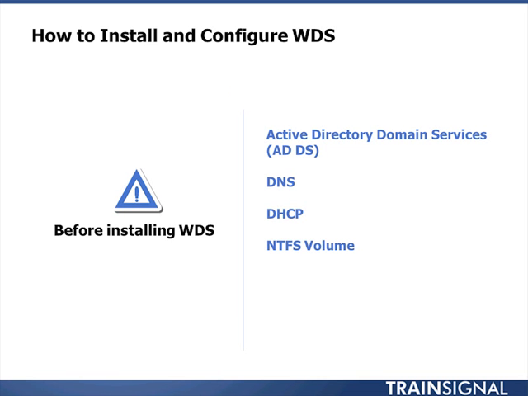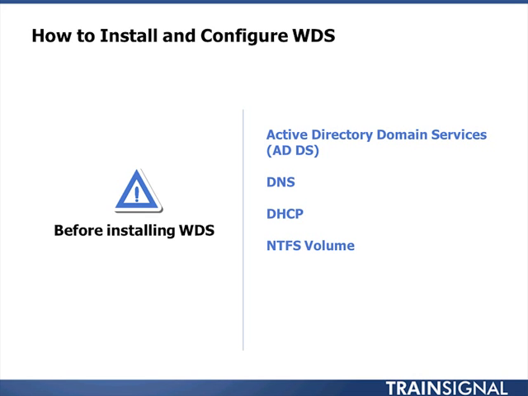Now, what I'd like to do is jump over and show you how to install and configure Windows Deployment Services. But real quick before we do, there are some things we need to make sure we have in place before we install WDS. We need Active Directory Domain Services running on our network. We need DNS up and running on the network, which typically, if you're going to have ADDS, you're also going to have, because it's a supporting role